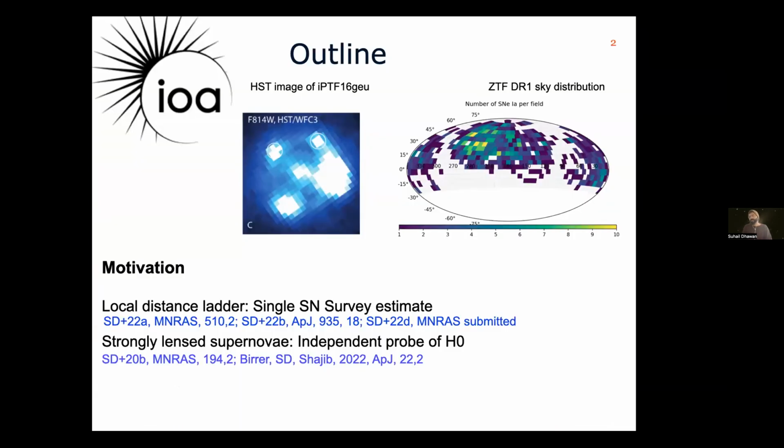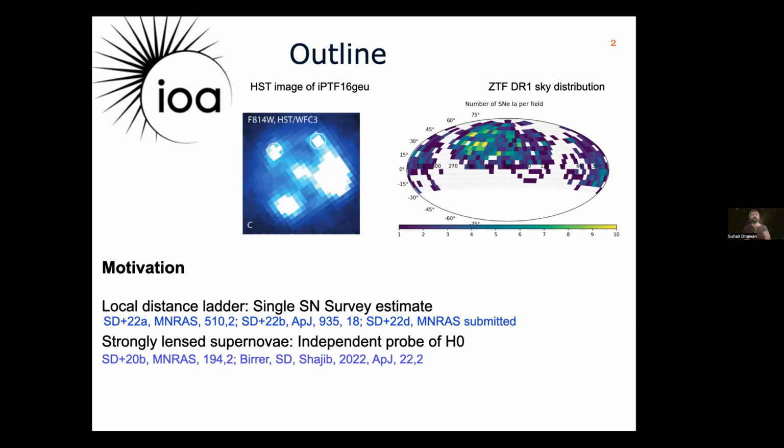Over the next 40 to 45 minutes, I'll split the talk in two main parts. I'll start with the motivation, why we're so excited right now about the Hubble constant, and moving towards the methods to address the tensions currently. On the right-hand side, you see a plot from the Zwicky Transient Facility first data release of Type 1a supernovae. And that will be part of the first theme of this talk, which is on the local distance scale